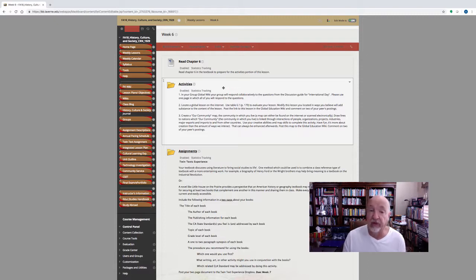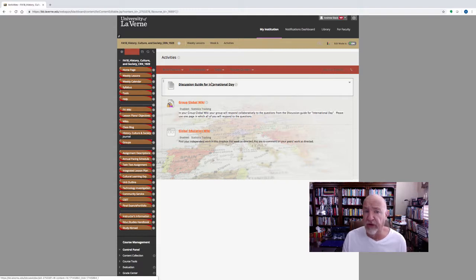I do expect some ways that you interact, but I'd really like to see your technology skills here in regards to creating your map. You can always add more ways that there's an interaction between nations and your community afterwards. You're going to post this map also in your Global Education Wiki, and you're going to comment on 2 of your peers' postings, like I said earlier. Let's click on that folder so you can see what's inside it. Here's your discussion guide for International Day. Here's the Group Global Wiki, which is the vehicle you're going to use to post the information and your responses